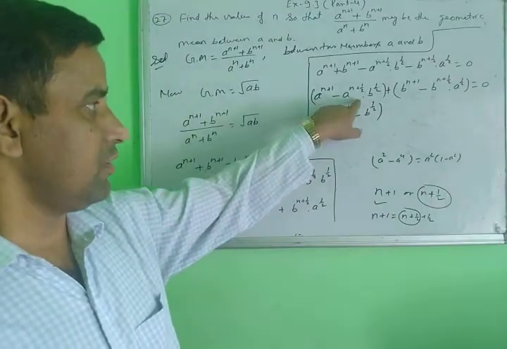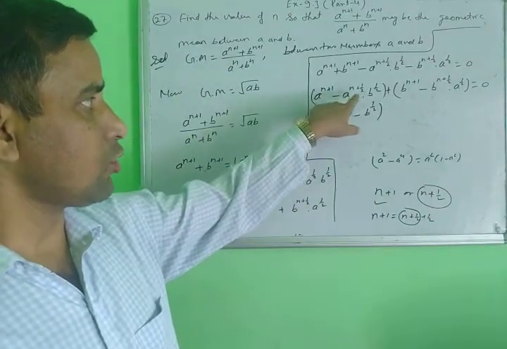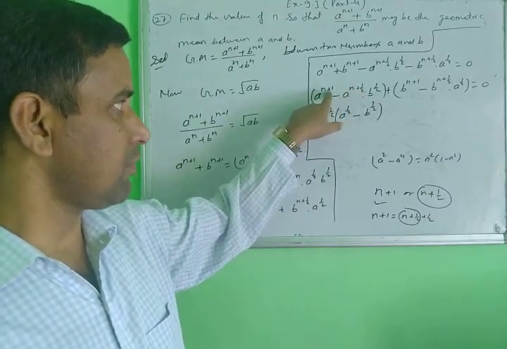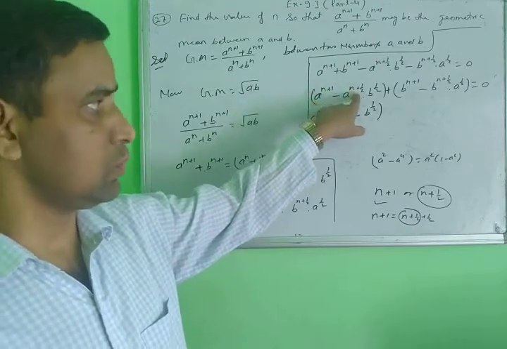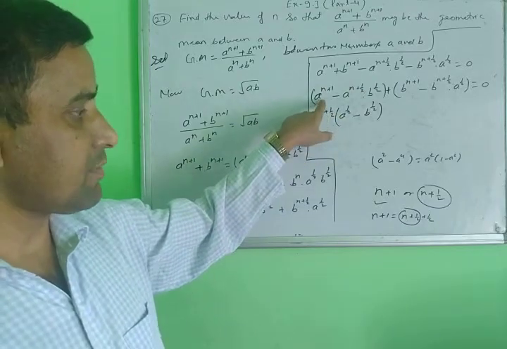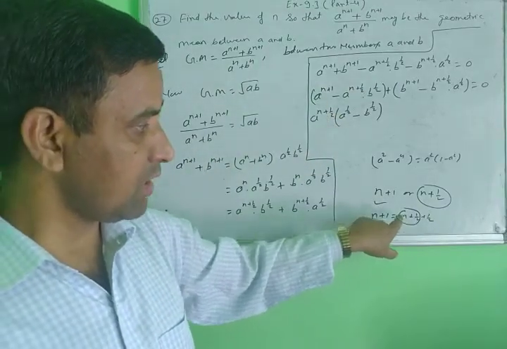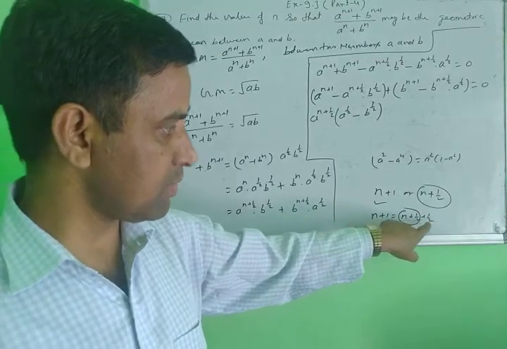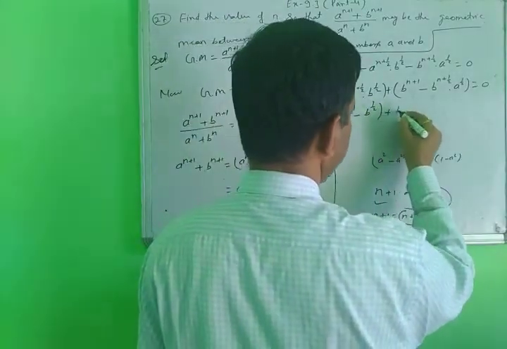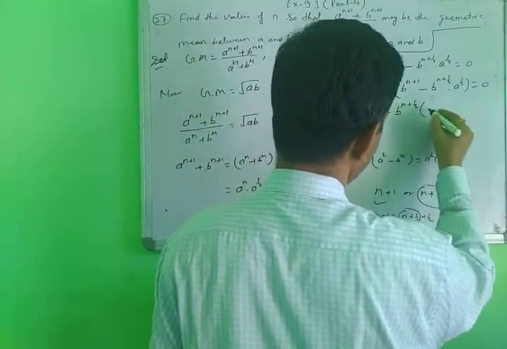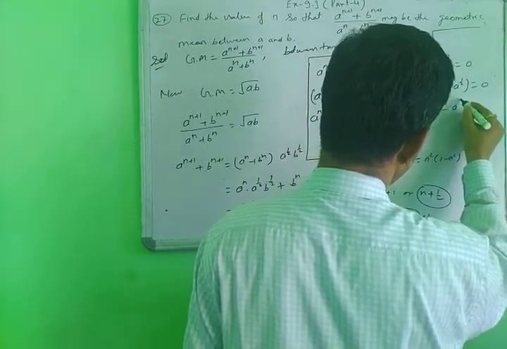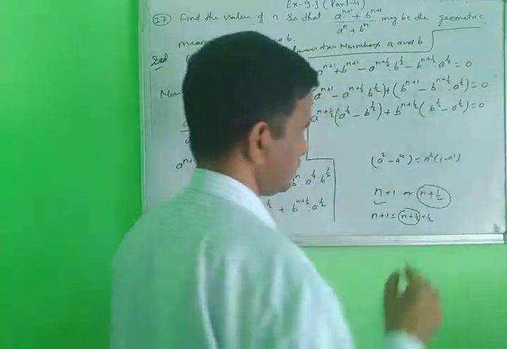Look again at how to take common here. First rule: you take the minimum power common. The minimum power between n plus 1 and n plus 1/2 is n plus 1/2, which is taken common. What is left here? According to these rules, you can break down as 1/2 plus 1/2, so 1/2 is left. Same thing here: b^(n+1)/2 taking common, here left b^(1/2) − a^(1/2). This one is equal to 0.